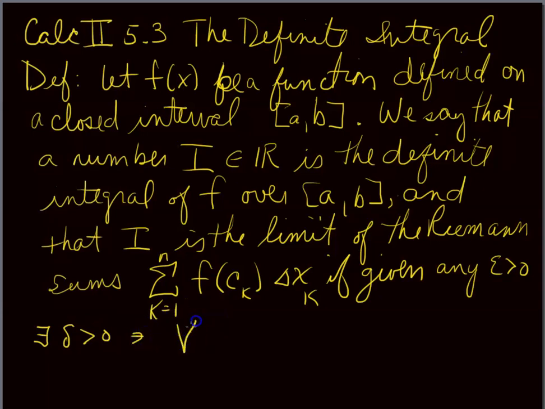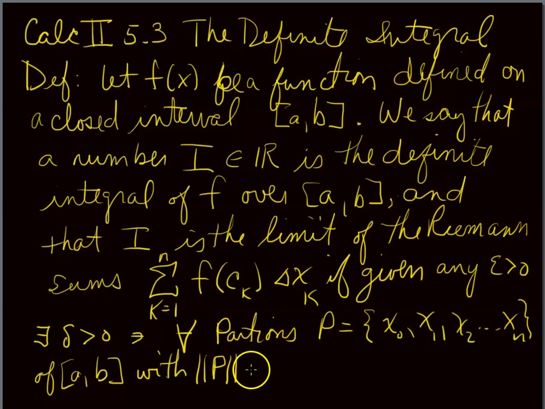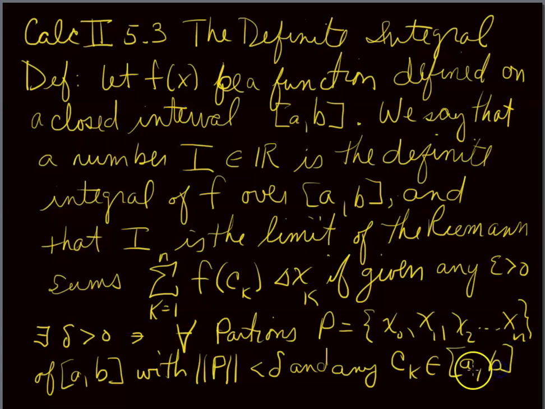for all partitions, this is the upside down A, for all partitions P, which is just a list of x coordinates of that closed interval from a to b, with this double strike, the norm of P, looks like an absolute value, is less than delta, and any choice c sub k in that interval from a to b, we have, I've got to go to the next screen, but